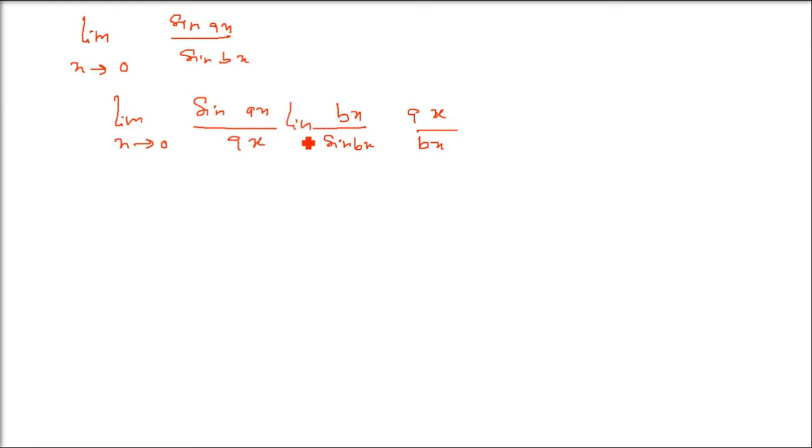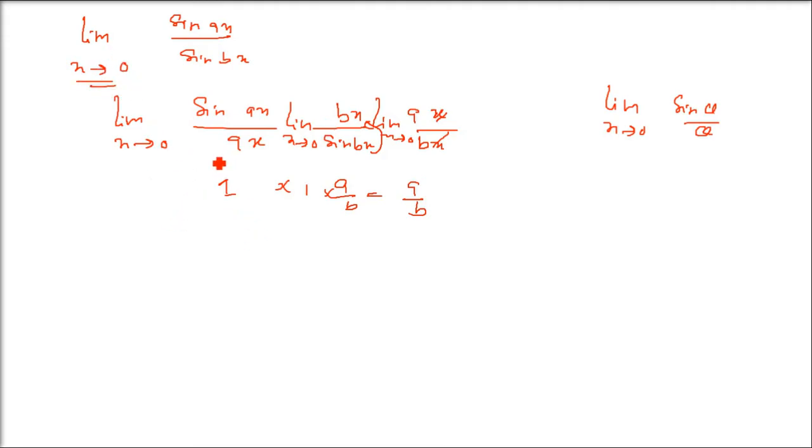Now the limit we can apply separately to all these three. It doesn't matter. So this is sin AX by AX. What is this formula? I told you, limit x tends to 0, sin theta by theta is 1. Again sin BX by BX is 1. So 1 by 1 is 1. And AX by BX, the X's you can cancel, A by B remains. So limit x tends to 0 for a constant is the constant, A by B. So this is going to be the answer, A by B. These are standard results we can use.